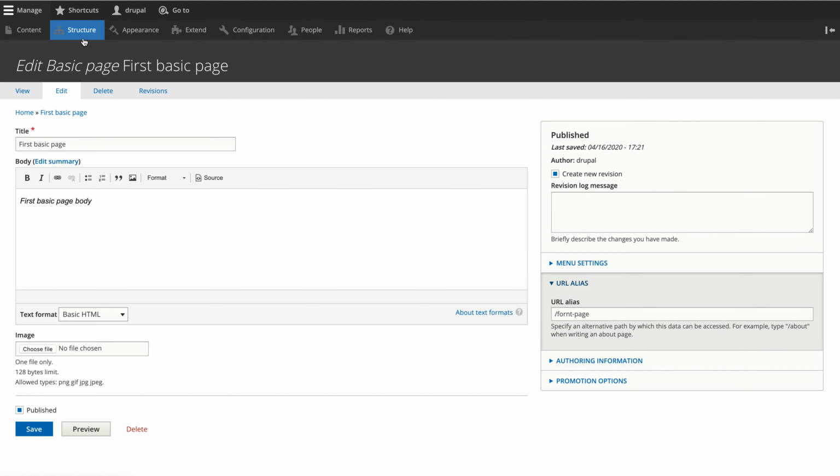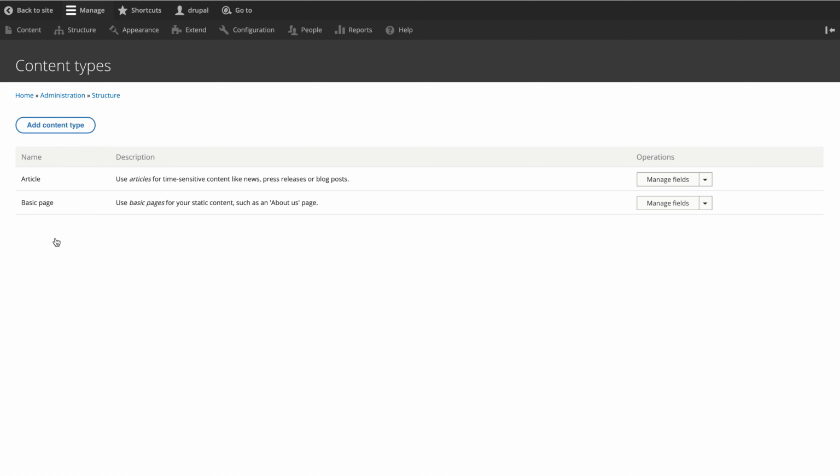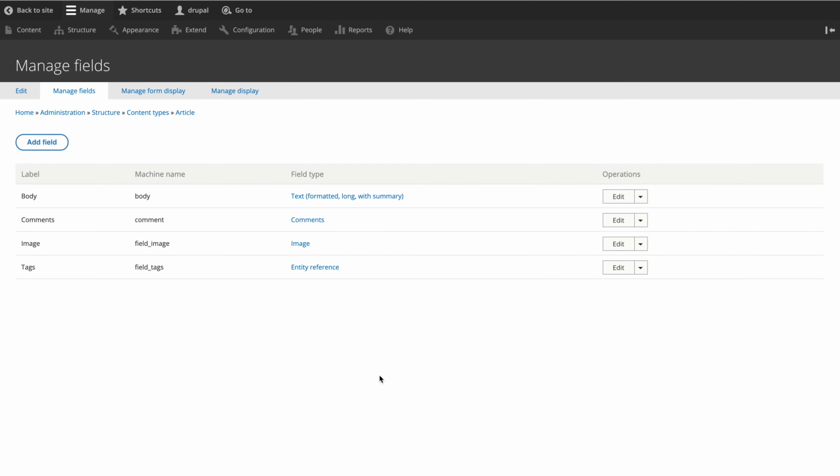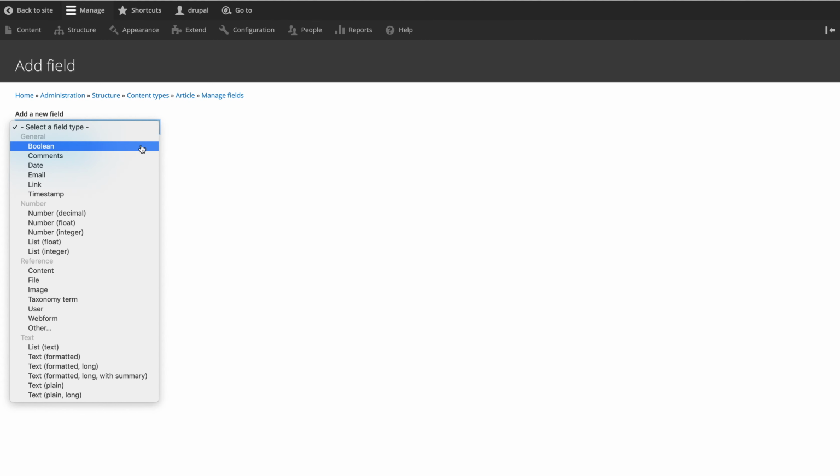So these are the things that can be incorporated with the content type: how to manage fields, and what fields you can add. I'll show you what fields you can add. The fields you can add are in boolean form, comments, date, email, link, timestamp. In numbers you have a lot of types, like integer.